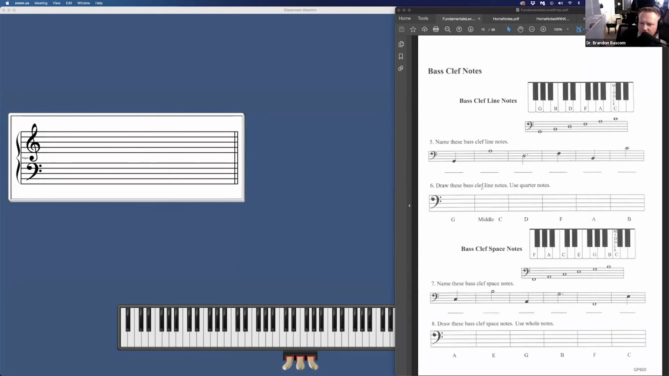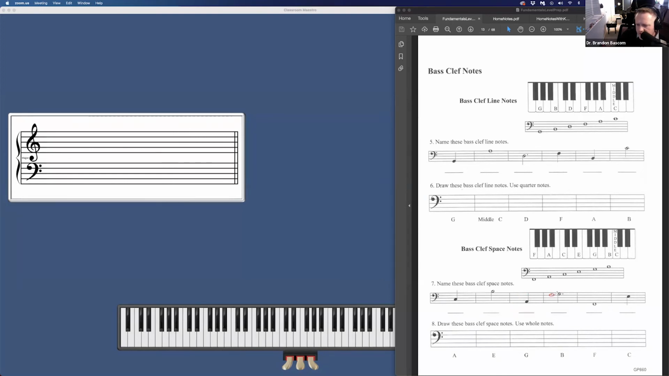Okay, in number 6, we are drawing line notes in the bass clef. They want a G line note. Number 7, we're naming bass clef space notes. Bottom space A, skip up, and we get A, skip B, and our answer is middle C, step down, and we get, this is your home note, bottom space A,